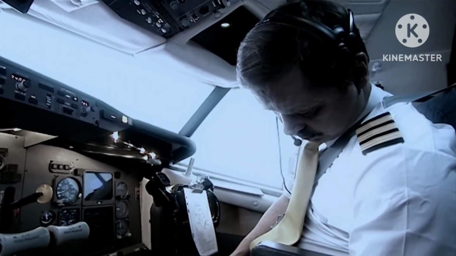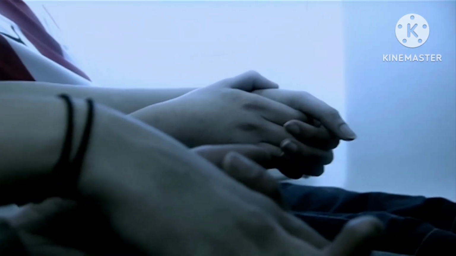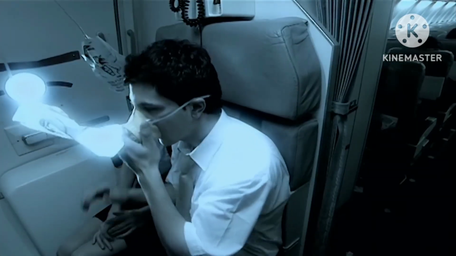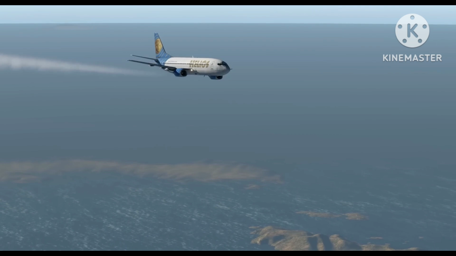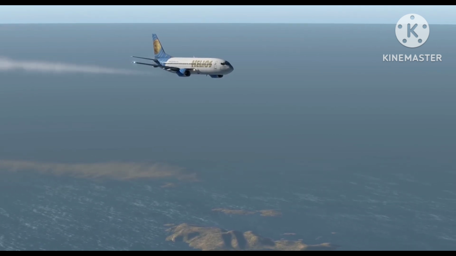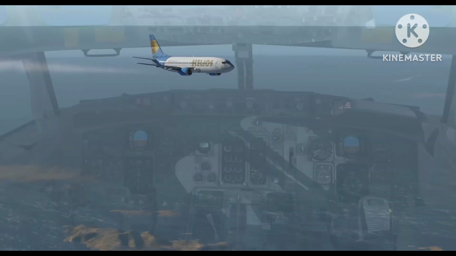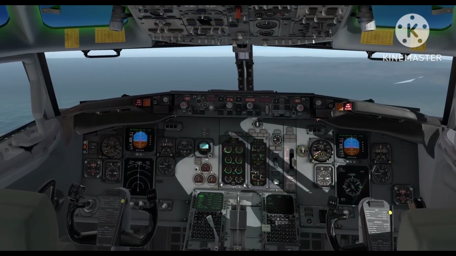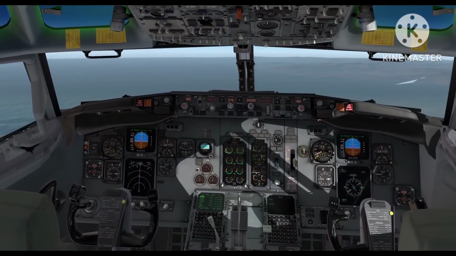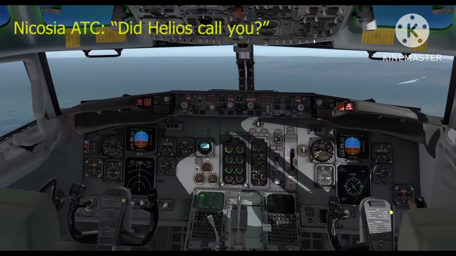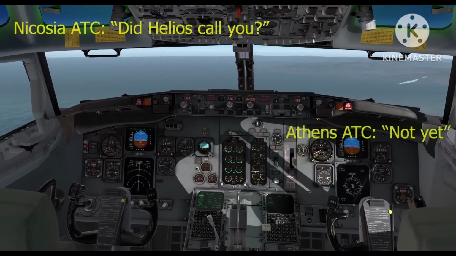Rapid decompression at high altitudes can swiftly impair cognitive function and induce unconsciousness within minutes. It is probable that the crew became incapacitated due to hypoxia before they could recognize the critical need to wear their oxygen masks. The low pressure and resultant hypoxia would have significantly compromised the pilot's mental clarity, decision-making abilities, and response times. The aircraft continued to climb to 34,000 feet and flew on autopilot along its programmed route towards Athens, failing to descend or change course as it should have. Nonetheless, Helios Flight 522 proceeded with unresponsive pilots at the command.